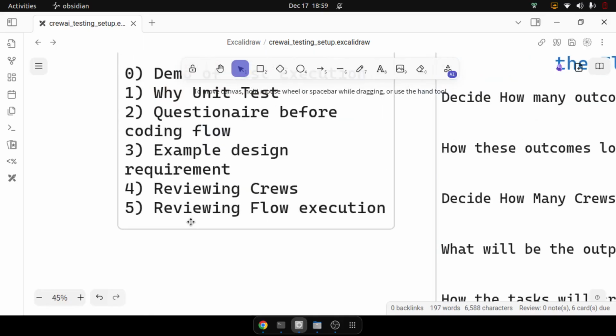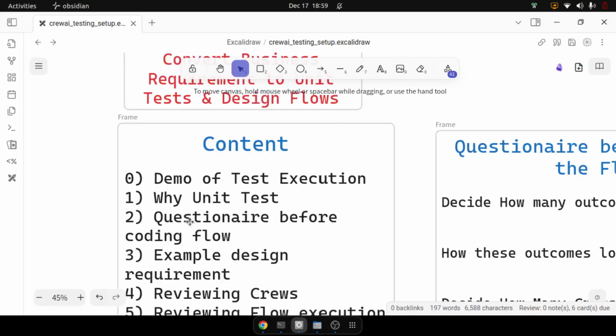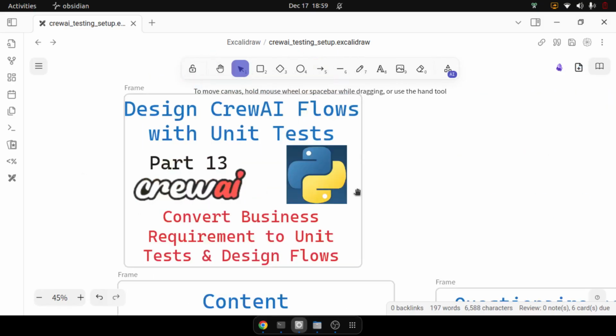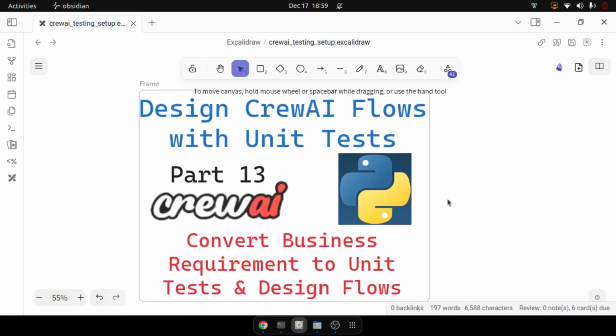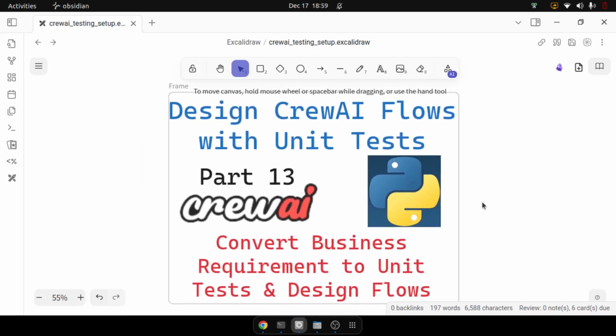In each of the crews, we looked at how the data classes, the Pydantic data models, were created for each of the task outputs, and how they were integrated with the agents, then with the crew, and then with the flow. We reviewed all the parts of it. I believe that this video would be a very good introduction to the entire process of converting a business requirement into a design and code of CrewAI flows,